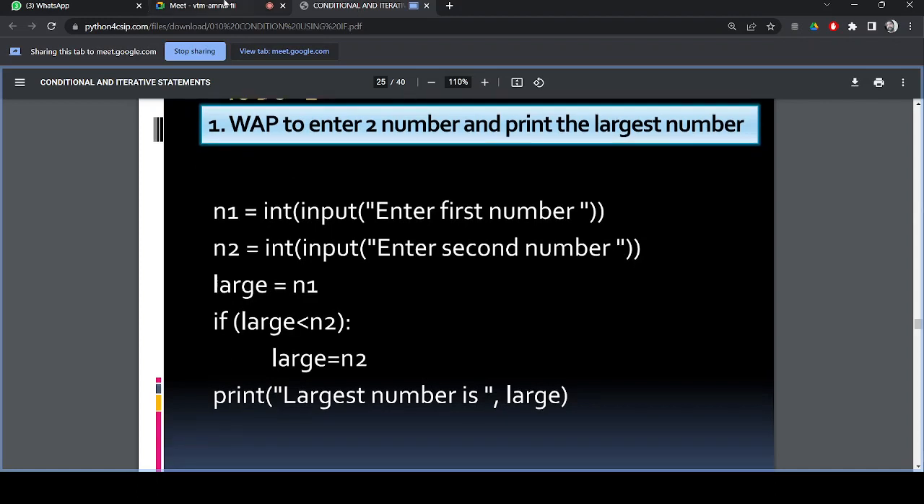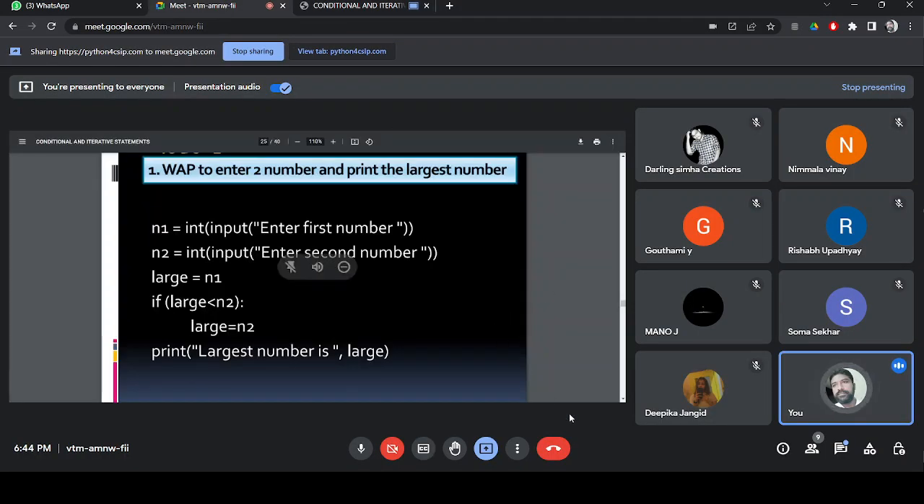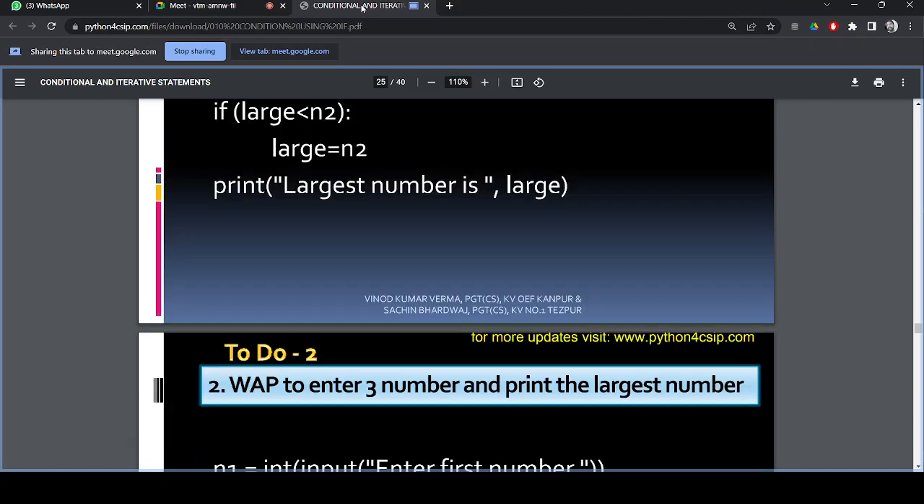Now, just for information, the program is in front of you. Enter the first number, enter the second number. The large number is considered as n1. That is the way we approach problem solving. If large is less than n2, we say that large is n2, and that large number is printed. And similarly,